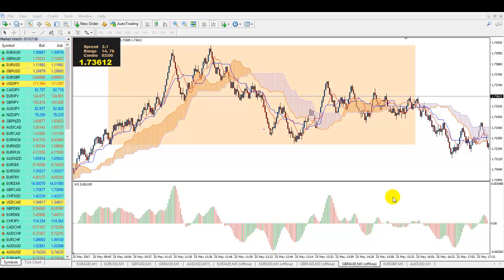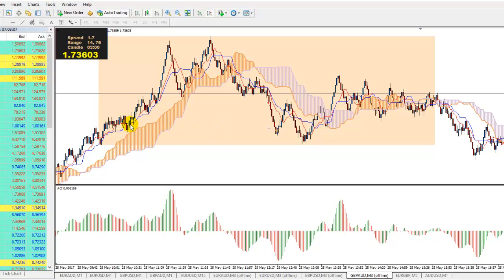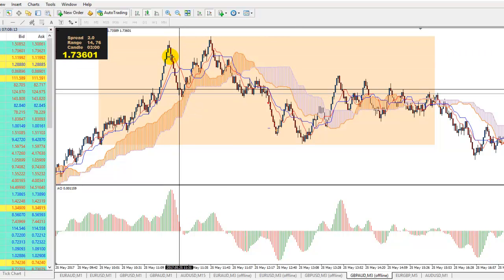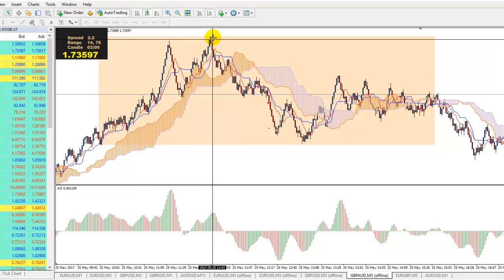post UK data. So what we've got here in front of us is a pound versus the Australian dollar chart. It's a pip range chart, my speciality. What we can see here is the initial move up prior to the news, and then it came all the way back down on the release of the news, and it drifted higher. I think it just made a brand new high about 13 minutes after the news, and then it started to